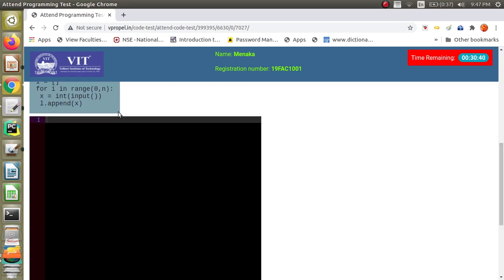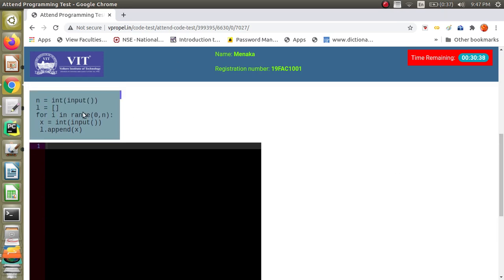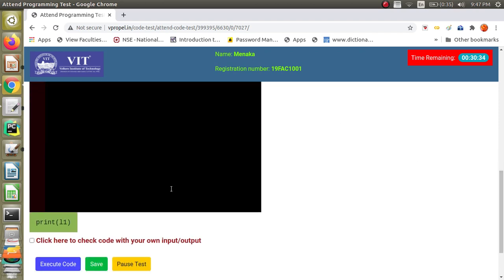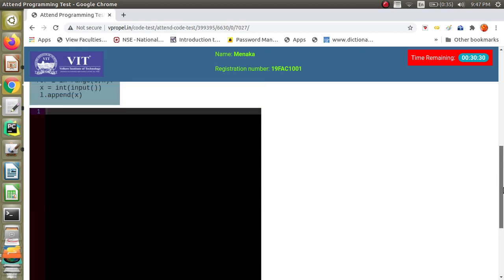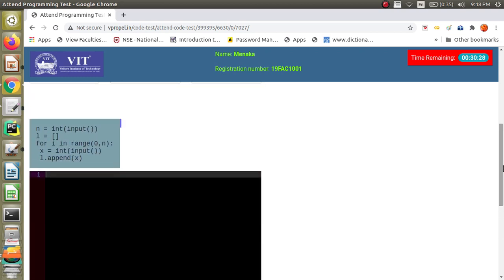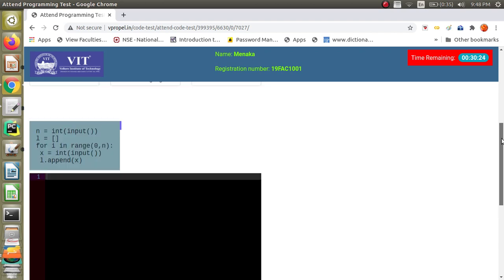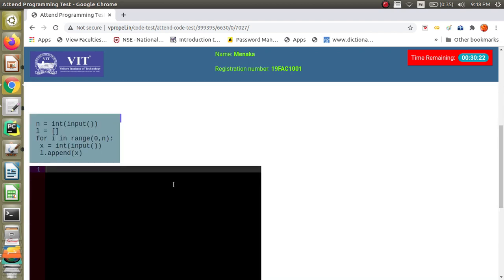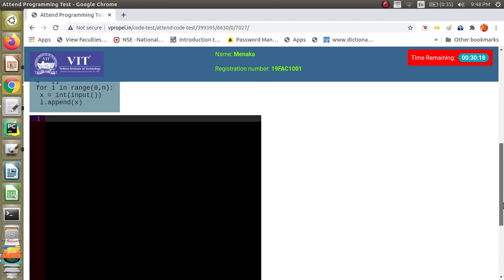This is whatever is appearing above the code editor. You can see it in blue color. This is what is referred to as pre-code, and below the code editor, whatever is shown in green color is the post-code. So the student has to understand what is given in the pre-code and the post-code, read the question, appropriately fill the code in the code editor, and then try to execute.